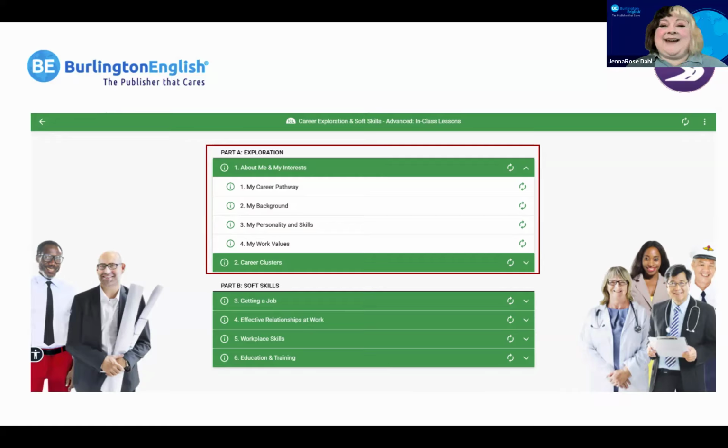Then they have some really great worksheets where they're going to do research on each career, and then they're going to look at their own skills and values and sum up if it is or isn't a good career for them. The second part of this course is all about soft skills. So everything for getting a job, effective relationships, things like teamwork or communicating, respecting differences. Again, a lot of TIF soft skills are kind of embedded in this course. Workplace skills,